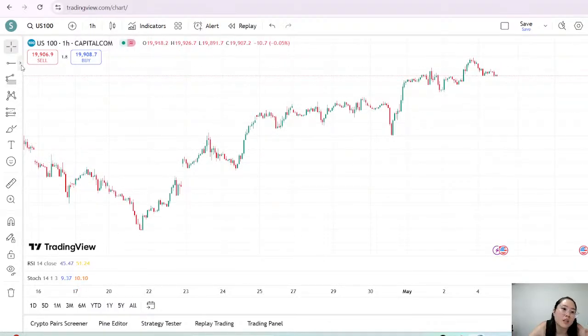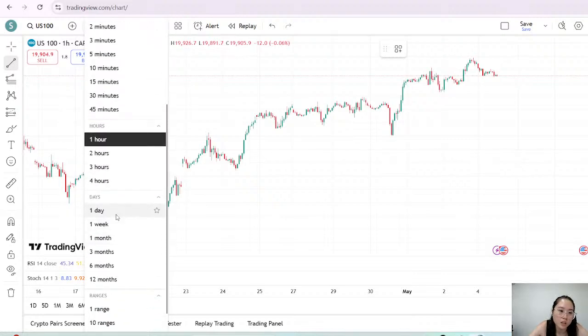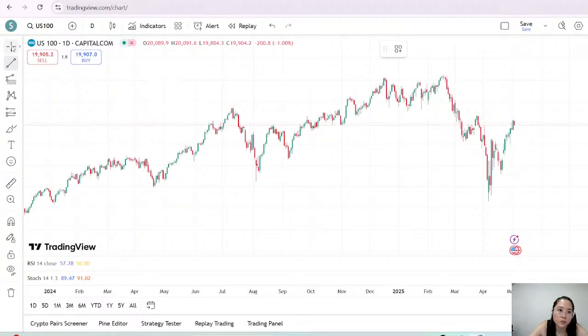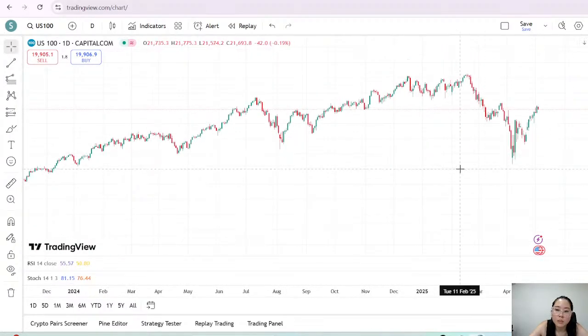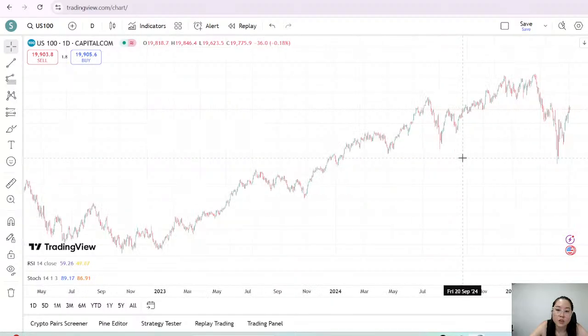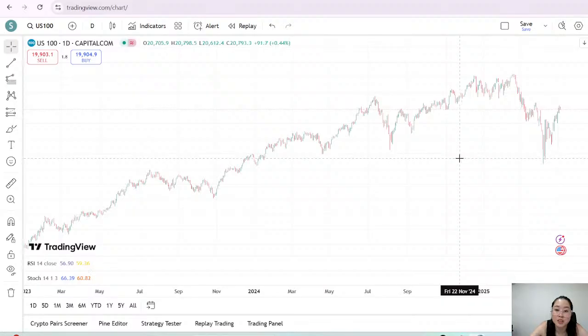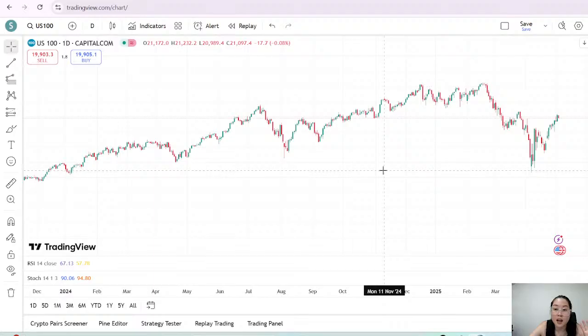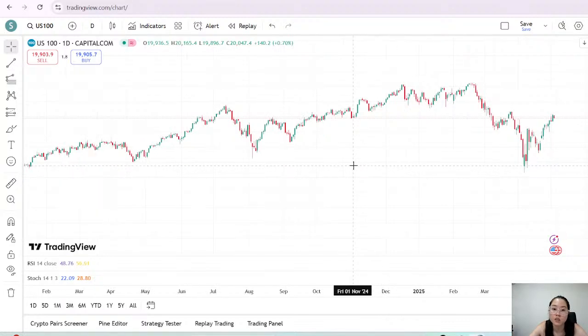Okay, so it's so obvious it's on an uptrend. Oh, sorry, we're on the 1 hour. Pull back because of trade war. Is it going to continue pulling back? Let me see. I dare not say because the US president is so erratic. Tomorrow he can come up with something and then the market's going to crash again. So I can only do my best to show you from a technical analysis point of view, but ultimately just know that this chart is very affected by news as well.